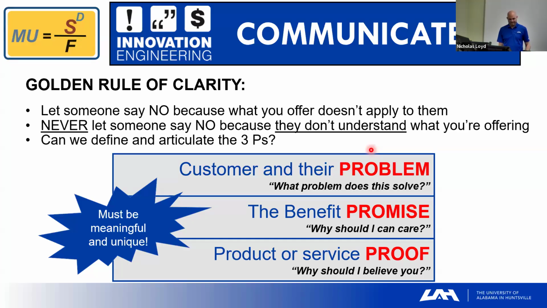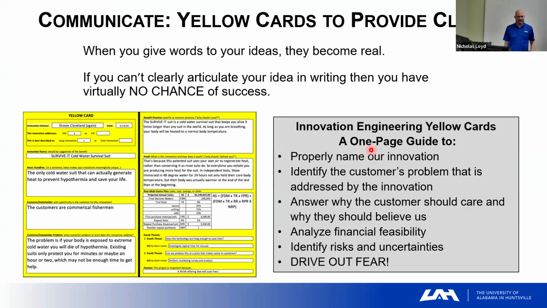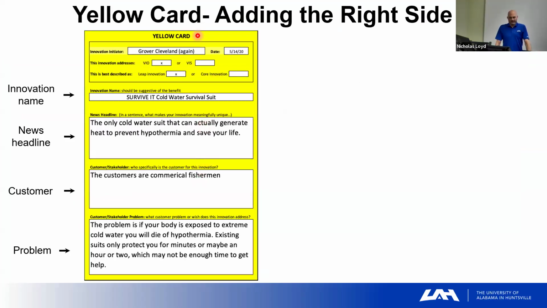So the yellow card is a simple way. It looks simple, but there's a lot of information and research that goes behind filling out each of these sections. So we looked at the left side already. And the left side is giving it a good innovation name. Remember, we said a good innovation name has a catchy name that suggests what it is, followed by a descriptor. Survive It, suggestive name. Descriptor, Coldwater Survivals, actually says what it is. Catchy, but also doesn't confuse you about what to expect.